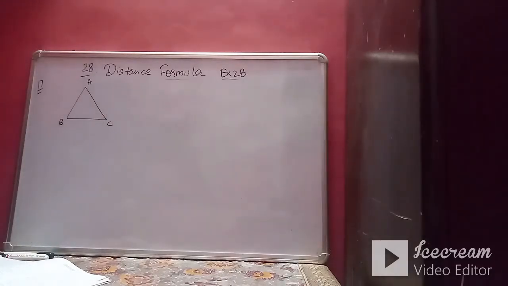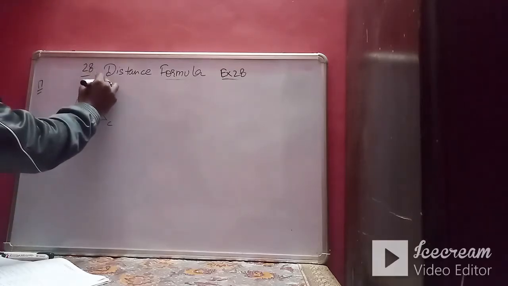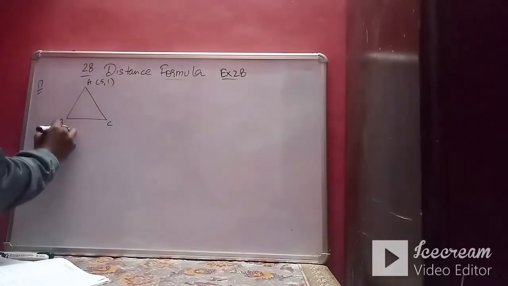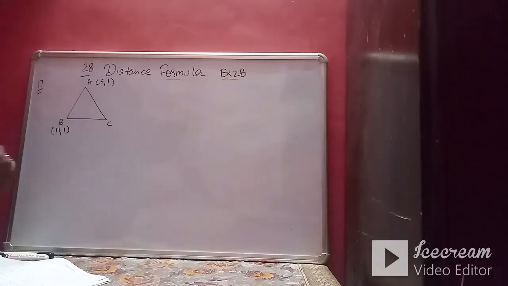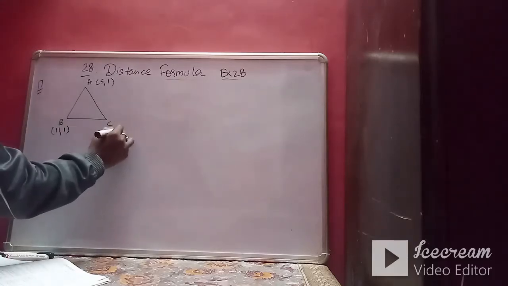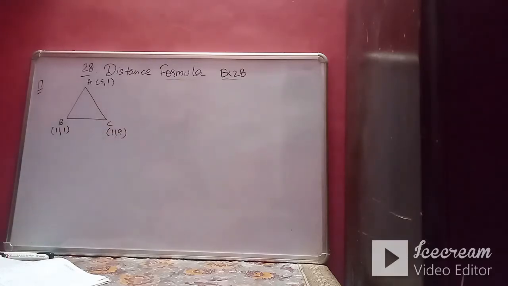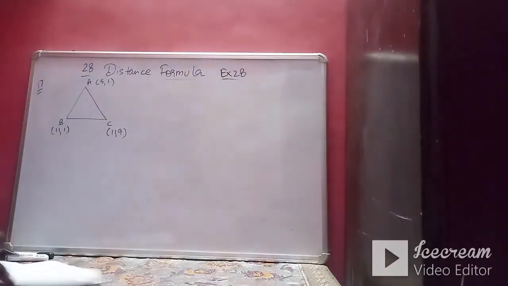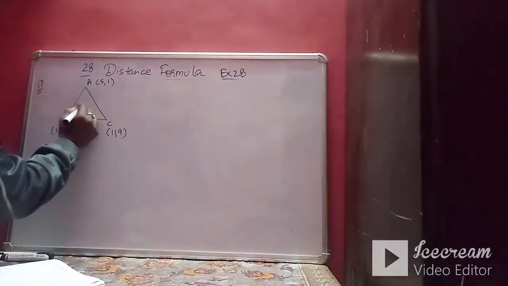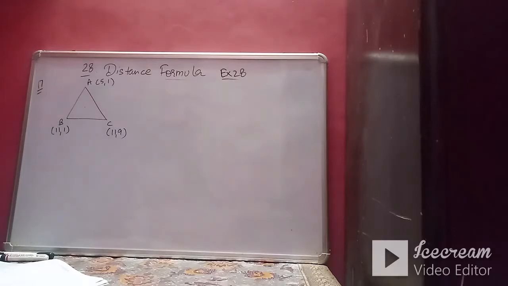So vertices of triangle are given as (5, 1), (11, 1) and (11, 9). These vertices are not plotted on the actual graph. Find the coordinates of circumcenter. So if you remember, the circumcenter was the point of intersection of the perpendicular bisectors of the respective sides.